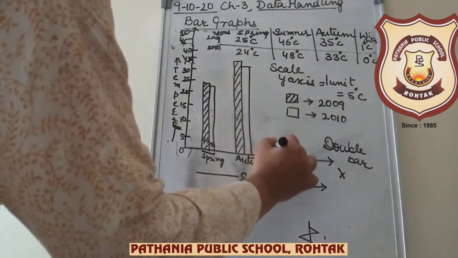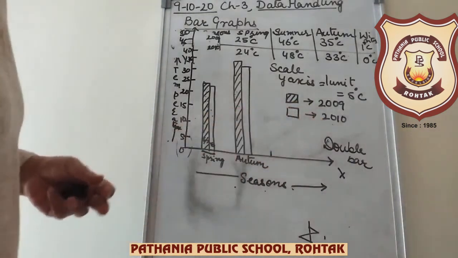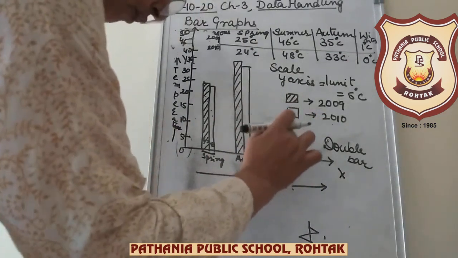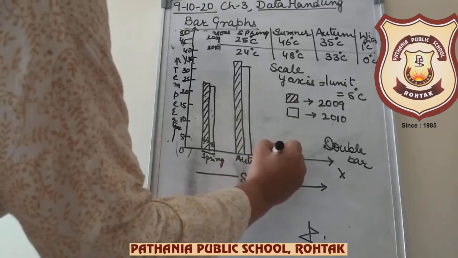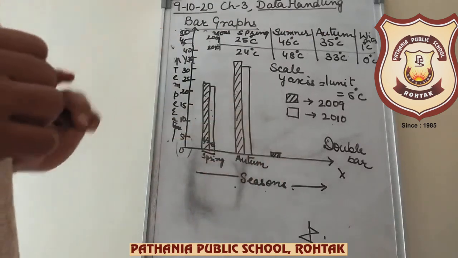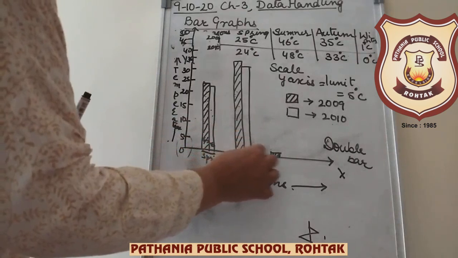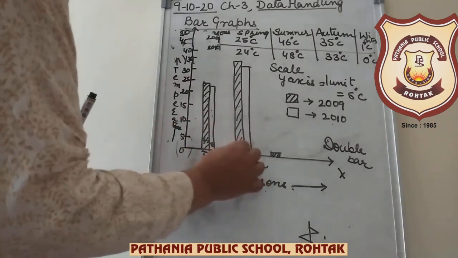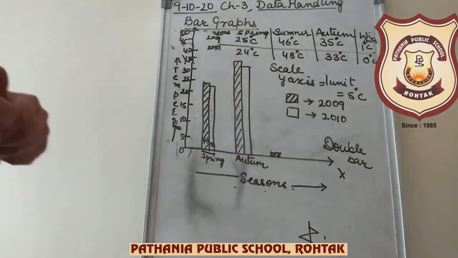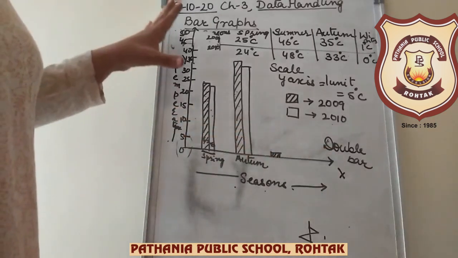Winter, I'll show you, it is 1. Oh, I've drawn a bigger one. This is only 1. 0, as 0 is on the line, you are not going to draw it. And for 2009, it is 1, so I have just shown it. Clear? So don't think you have to complete the whole thing. This width should be of 2 and this one should be of 1. As 0 is there, you are not going to draw it. 0 is on the x-axis line. So is it clear how to draw?